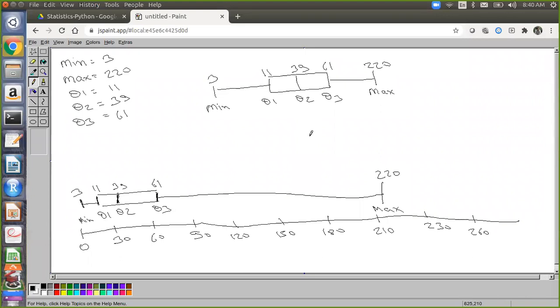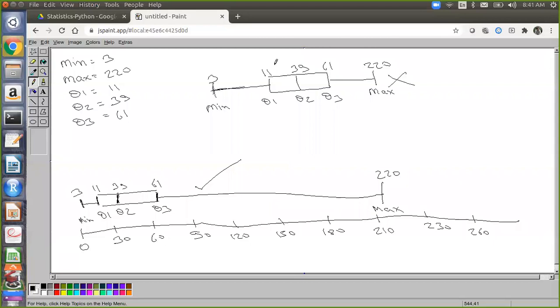The box plot which you have drawn is the wrong box plot. This is the correct box plot. So you have to always make sure you are using a scale while drawing any kind of box plot. The 5-number summary is fine. But if you do not use the scale, then each and every box plot you draw will always look the same. Then what is the point of visualization? I will not be able to visualize how my data is distributed.